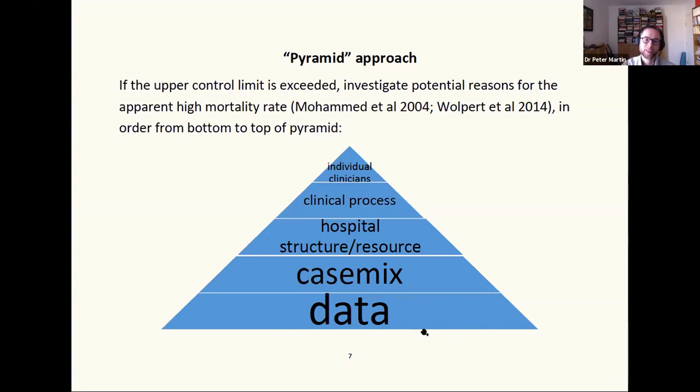Another problem with data might be, have you entered information correctly? So, for example, have you actually correctly entered the ASA grades of the patients? If you enter a low ASA grade when really a high ASA grade would be appropriate, then the risk adjustment model won't correctly adjust for those patients' ASA grades, and that might lead to your mortality rate being